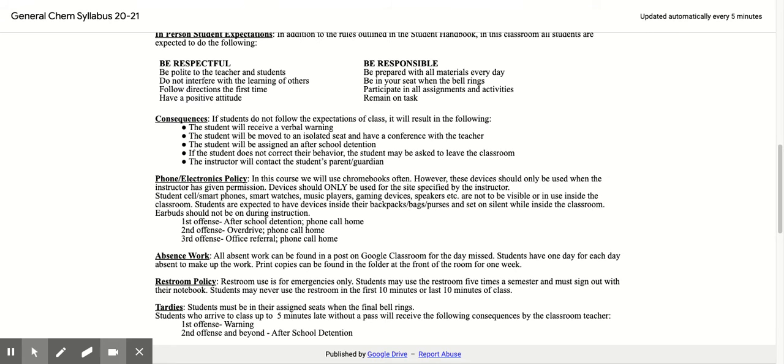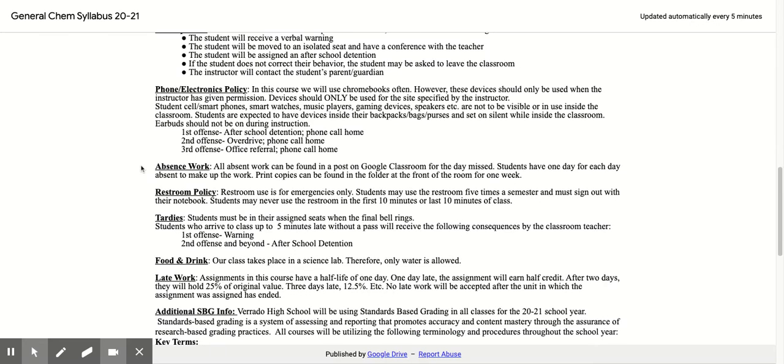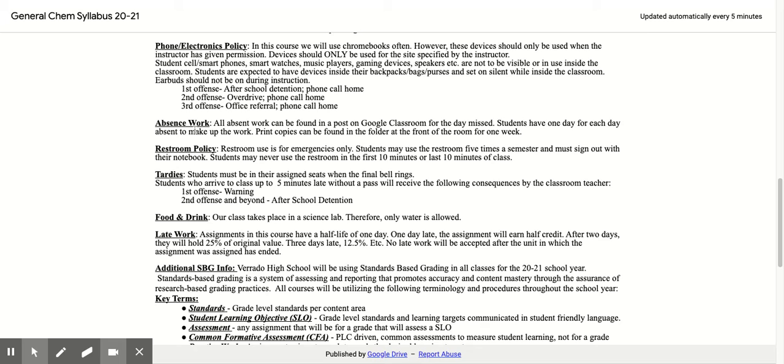You can definitely text somebody or Snapchat or whatever after class, before class, after school, lunch, all the appropriate times to be doing that. Absence work is always going to be on Google Classroom. I think this setting especially is the easiest, most straightforward absent work policy that you could possibly get, because everything functions on Google Classroom, everything's there. If you miss something, you just have to go back in and go grab it. Remember that my virtual classroom is really important for that. You can click on the little notebook on the virtual classroom and all your notes will be there that you may have potentially missed,